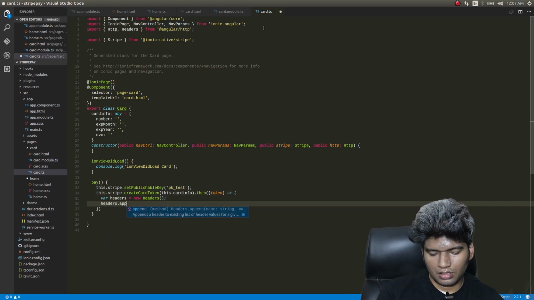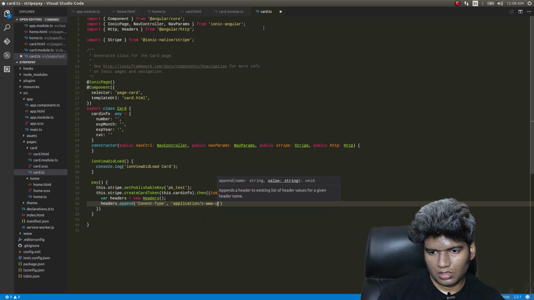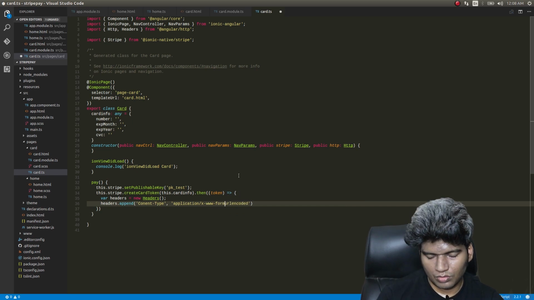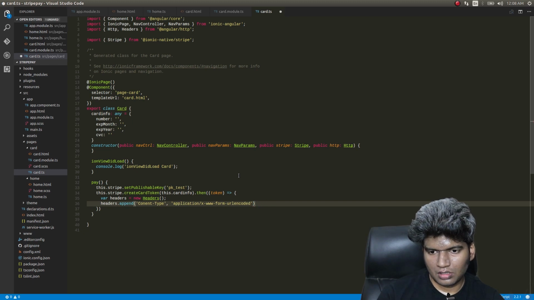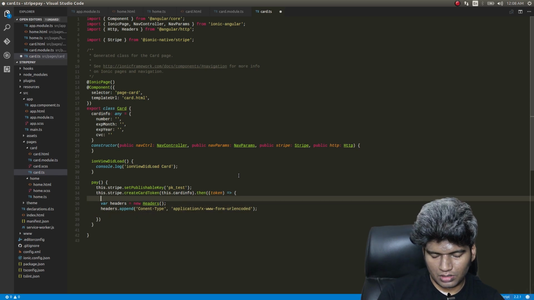Headers dot append content type, application slash x www URL encoded, font URL encoded. And yeah, sorry. We need to create this one as well, right? Where data equal to